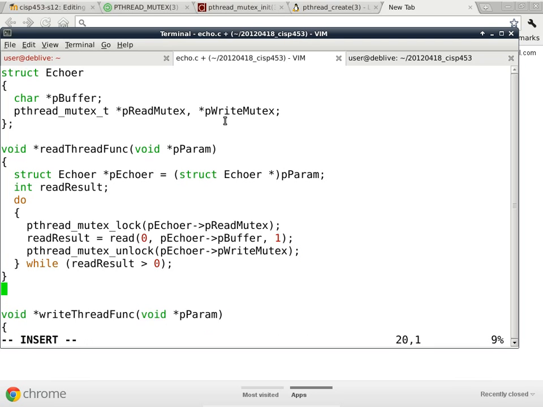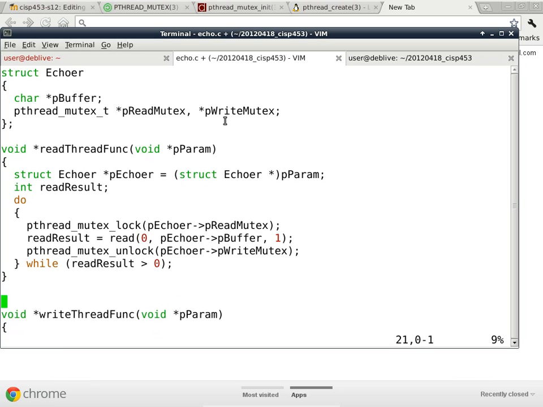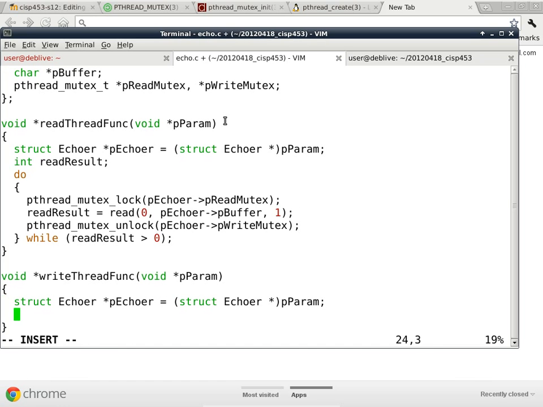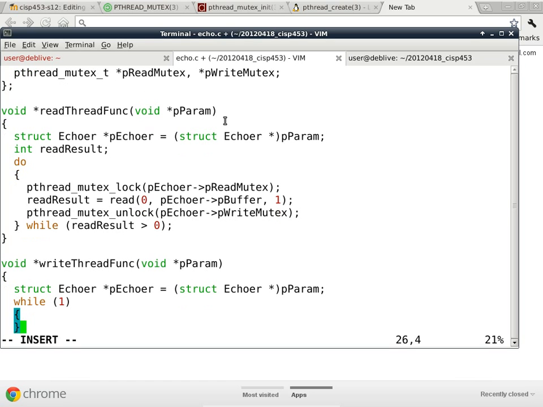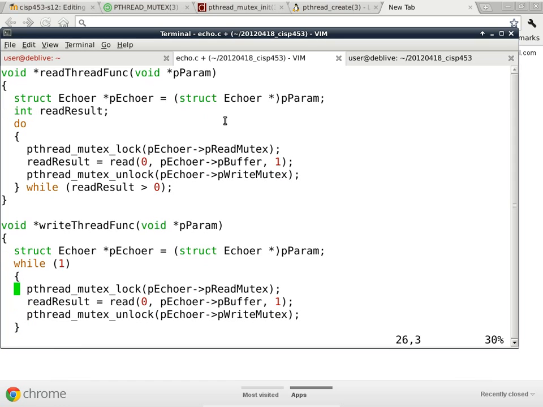So once the read thread func is done, we can do the other one, which is write thread func, the entry point of that. Oh, I got it already. I just have to fill in the blank. So the other one, the loop is easy to write. For the time being, I'll just turn it into an infinite loop because the content of the loop is pretty easy. I can, for the most part, just copy and paste this portion and change the read to write and the write to read. So we'll go ahead and copy 3 lines and stash it here,